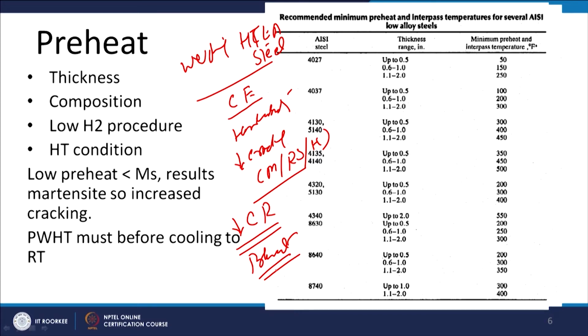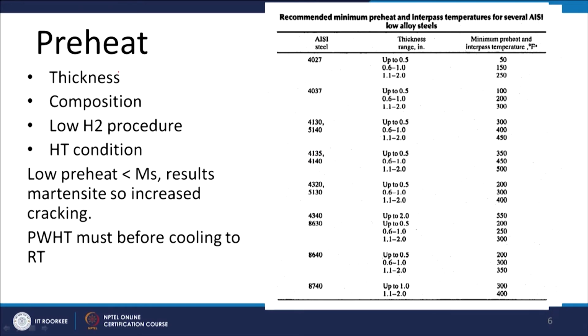So, which value of the preheat is to be used will depend upon these factors. The greater the thickness of the plate, the higher the preheat to be used. The greater the carbon equivalent, the higher the preheat. And the more the hydrogen, the more preheat will be needed. If low hydrogen procedures like low hydrogen electrodes and inert gases free from moisture, proper cleaning and all those are used, then the preheat temperature to be used will be reduced, and